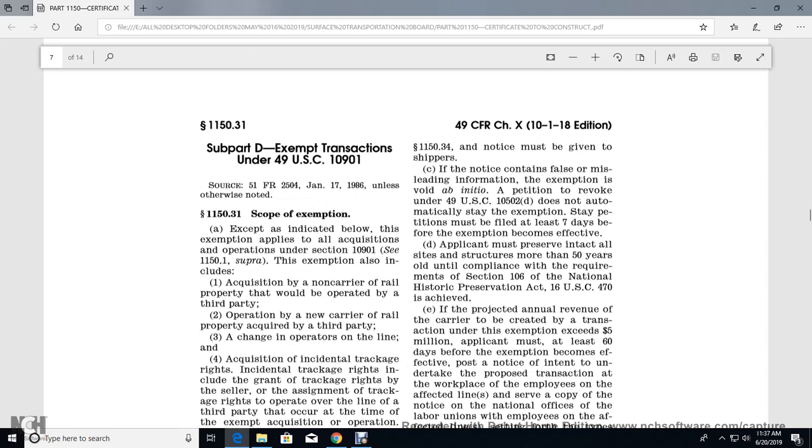property with the operator with the third party operation by a new carrier with the railroad property acquired by a third party change with the operators and line acquisition incidental trackage rights. Incidental trackage rights with the include with the greater trackage right by the sale of the assignment of the trackage right with the operator with the line over the third party with the occur by the time of the exemption